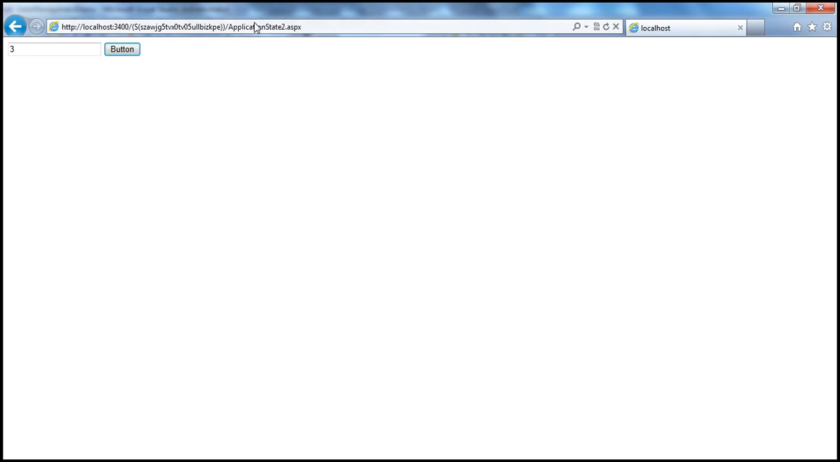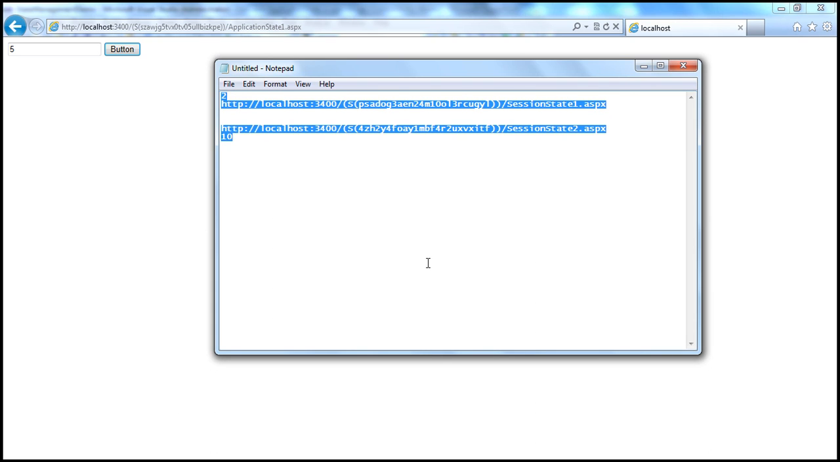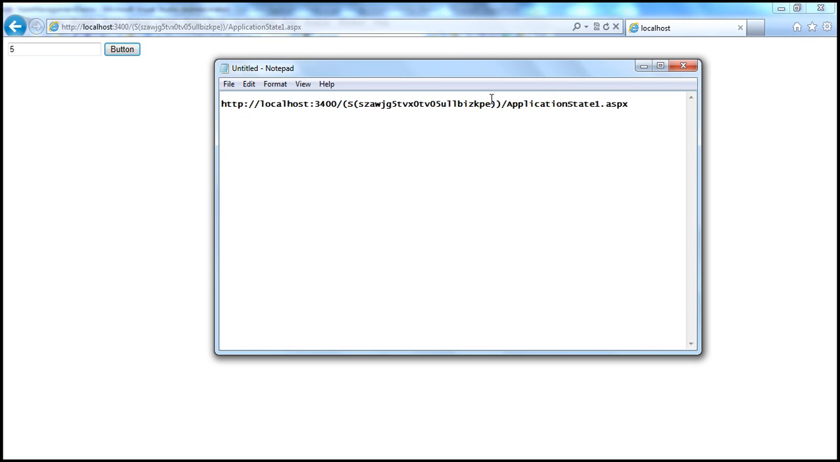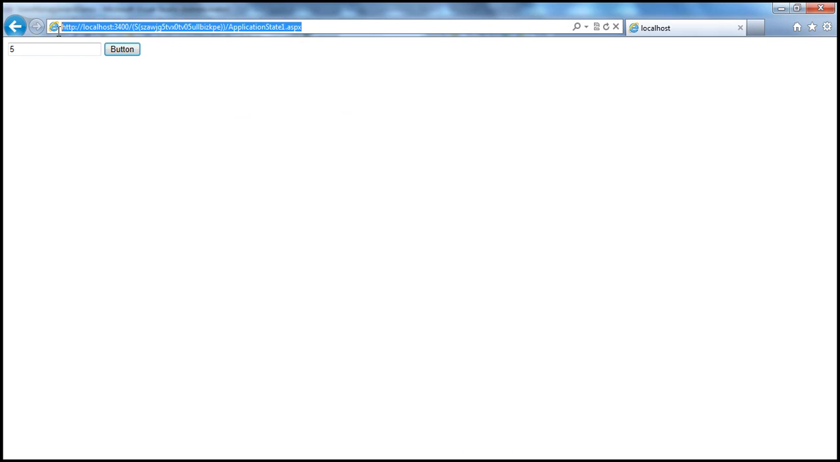So I am on application state2.aspx, another web form, but the application state variable value is shared between these web forms. I click 4, 5, and if I go back to 1, I still see the same value, just like session state. But then another difference is, let's copy this, put that here. Now if you look at this, for this unique session ID that you see here, the value currently is 5. Now what I'm going to do, I'm going to copy that URL,